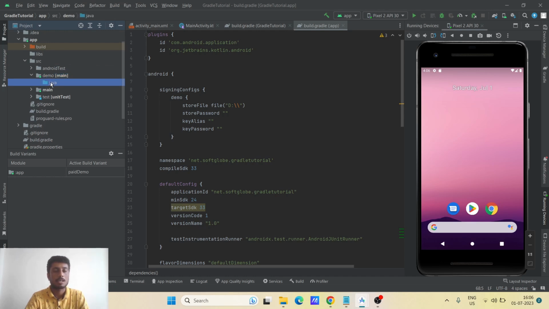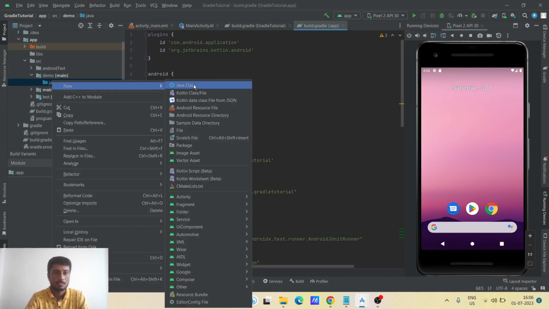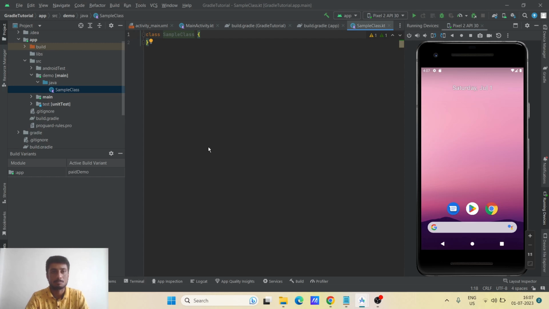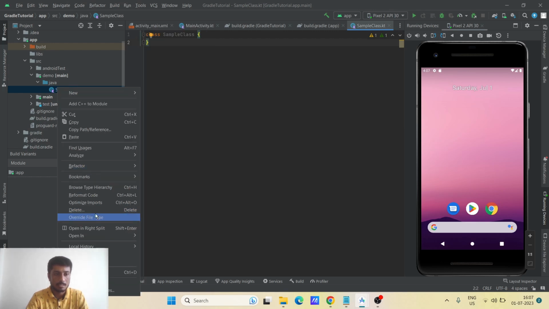So this demo will contain all the files that are related to this variant only. For other variants, it won't be available. It will be available for only this variant. So let's right click on this one and create one Kotlin class. Let's say SampleClass. It can be anything. I'm just showing it for demonstration purposes. So this is a class, SampleClass, and it is under this java. Or we can also do one thing. We can just delete this class,